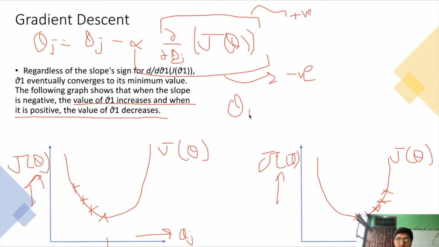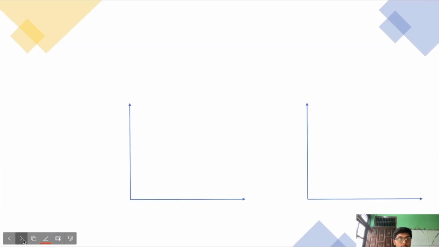So our theta j will decrease. What does that mean? It means that our value will decrease. First of all we would be here, then here, then here, and finally at the global minima. So this will be like this, like this. It must be an increasing slope. So finally we get it. I think you all must have got that we do not have to worry about all this. So now let's move on.